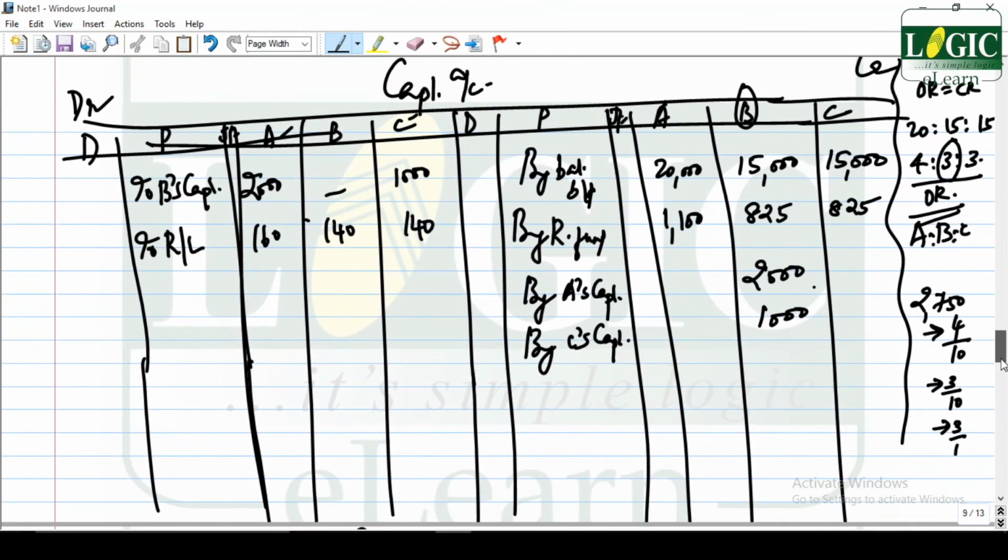Now they wanted you to do capital adjustment. So how was it possible? Regarding the retiring man, how was the retiring man settled? Regarding the retiring man, you can transfer it to his loan account because sufficient cash needn't be there. So you transfer it to his loan account. So what is the retiring man's amount? 18,825 minus 140.